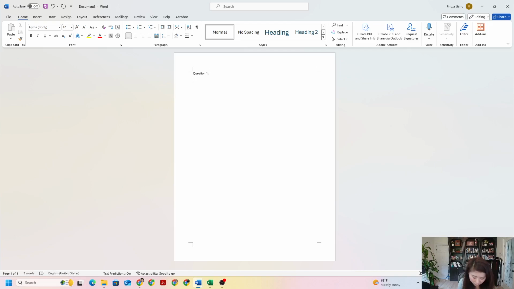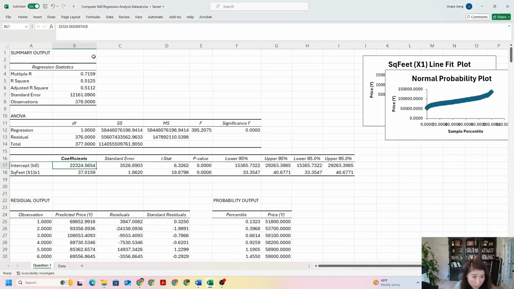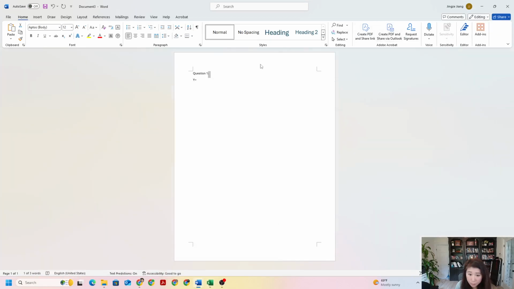My answer will be y equals, let me go back to my Excel sheet, remember in our lecture, it's b0 plus b1 times x1. So basically y will equal the b0 we find from the Excel output,